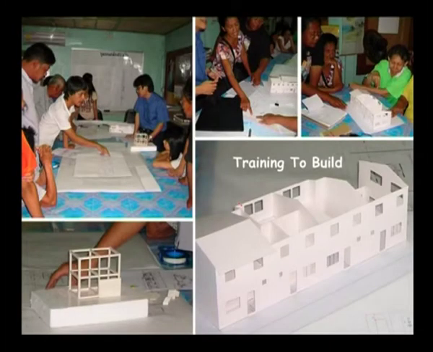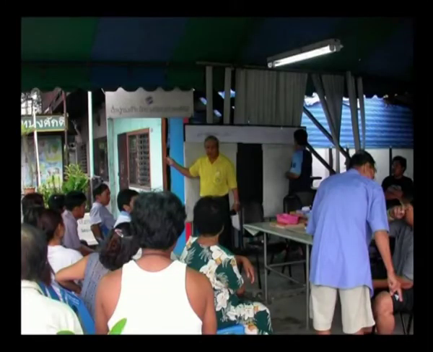And finally, training to build. There is a common space that is adopted where individual people are able to visualize their new houses. This is done through smaller models, which you can see over here, and these models are built for them to visualize how the three-dimensional form of the environment would be. All these put together, the community gets enriched and empowered to build their new household. So, community participation is a very beneficial part in everyone's livelihood, especially for the low income.